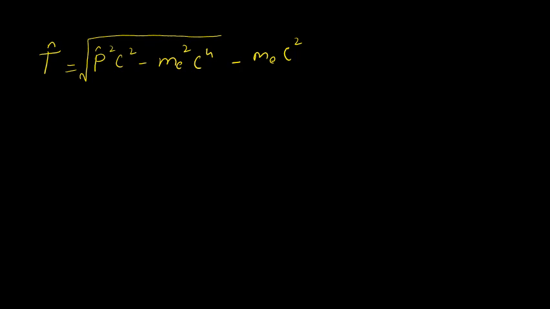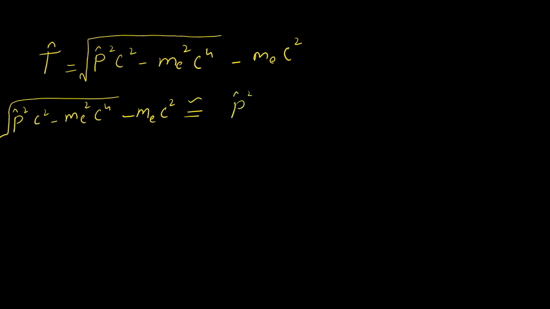We can expand this relativistic kinetic energy of the electron up to P⁴. So here we will make some expansion: √(P²C² + Mₑ²C⁴) − MₑC²